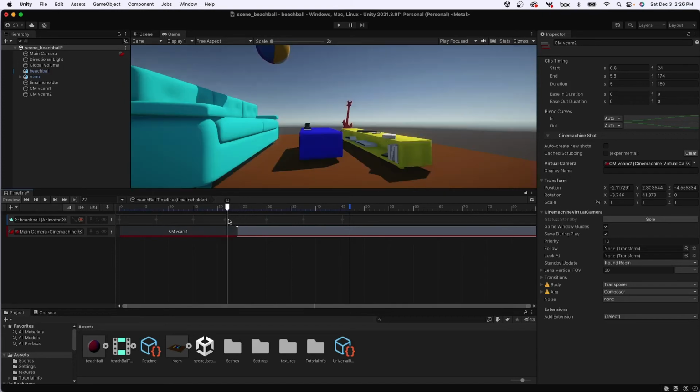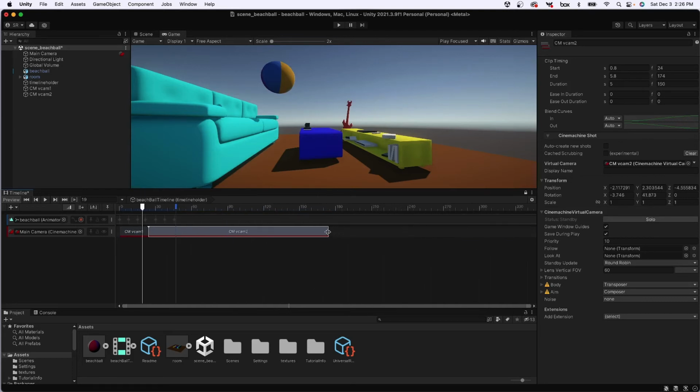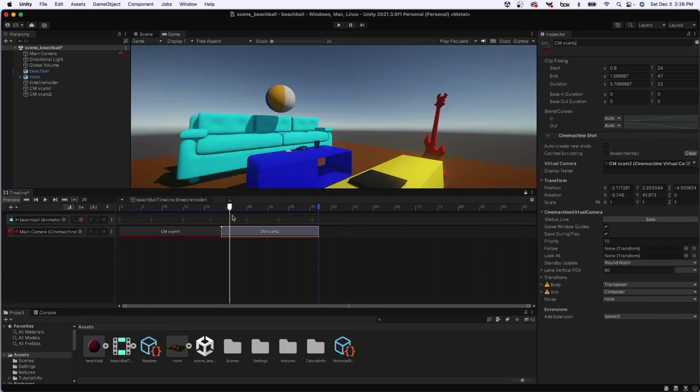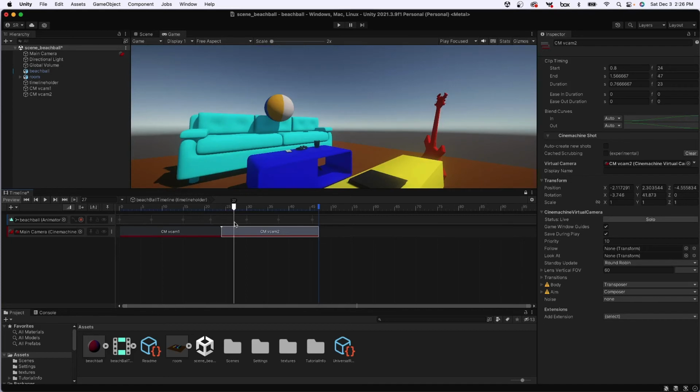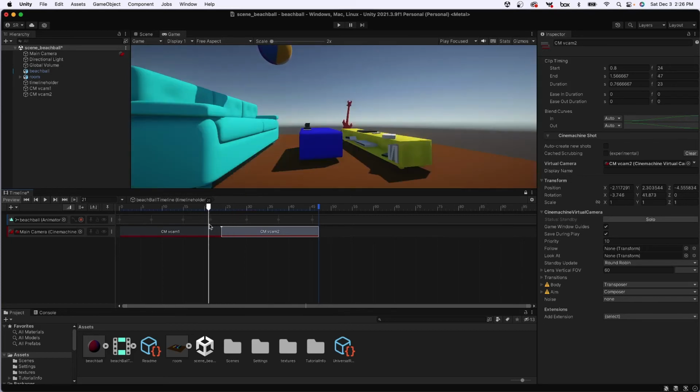And now switch to that camera. This is demonstrating a hard cut between the first camera and the second camera. I'm going to make that one also shorter like this, just because it'll be easier to demo. From here to here. So there's a cool way to do a hard cut in between. And if we had a third camera, we could do the same thing as it goes up and over the sofa. If you don't want a hard cut, if you want the camera to blend, you want the shot to move into a new location, this is so easy to do with the